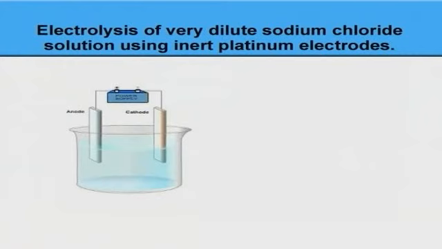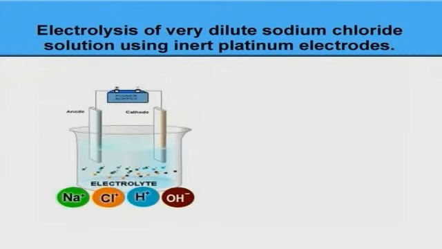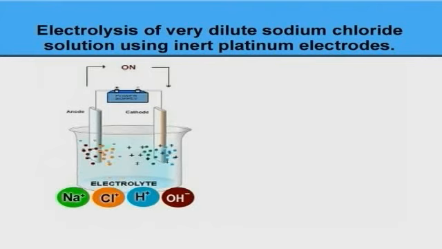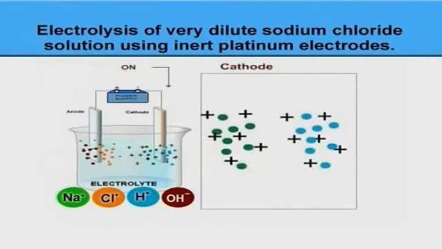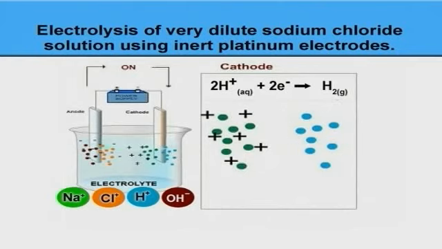Since the sodium chloride is dissolved in water, the following ions are present: sodium, chloride, hydrogen, and hydroxide from the water. Both hydrogen and sodium ions migrate to the cathode. However, only hydrogen ions will be discharged initially. They are lower in the electrochemical series and require less energy. 2 moles of hydrogen ions gain 2 moles of electrons to give you 1 mole of hydrogen gas,